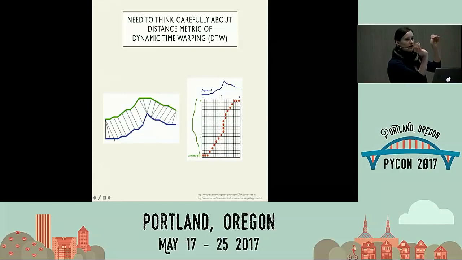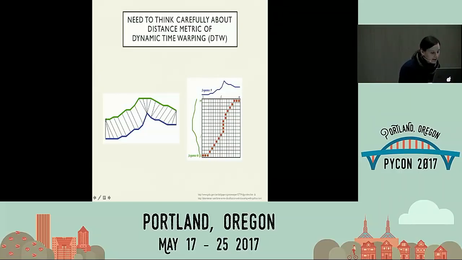You sort of shift your time series, like imagine these are my time series. I want to shift them until they match as well as possible. And this is a very pat example, but you get the idea. I'm going to move them around, but it's not just that I shift them, and that's why the word warping comes in. I can also shift the amount of time per time series.